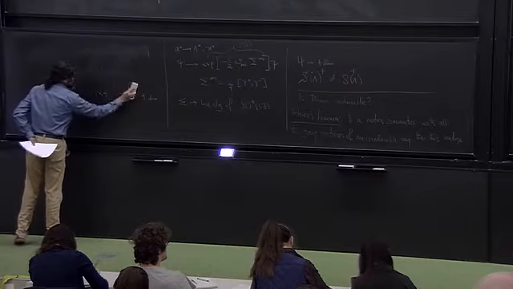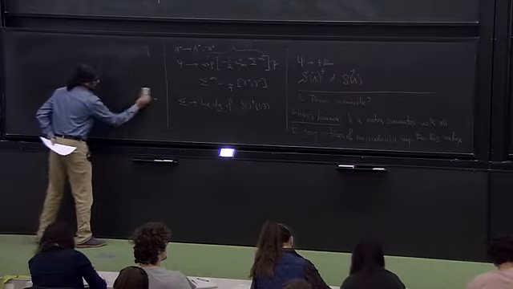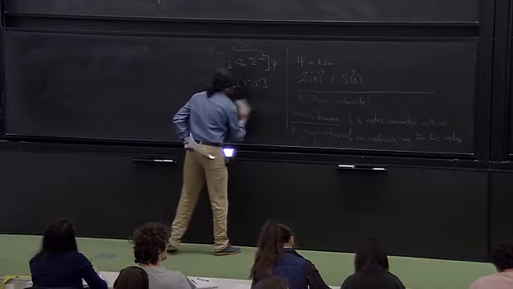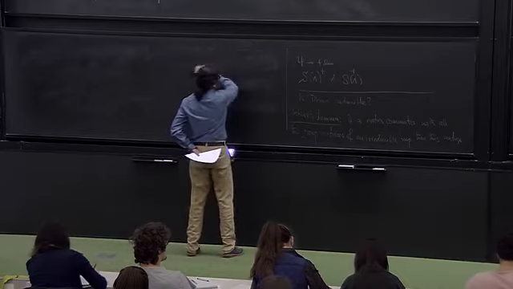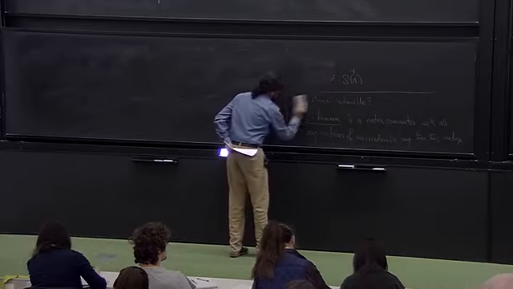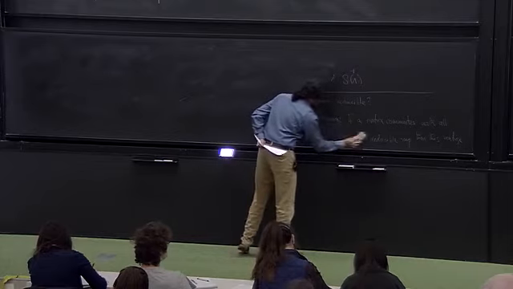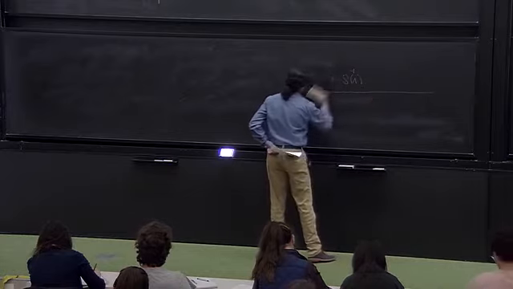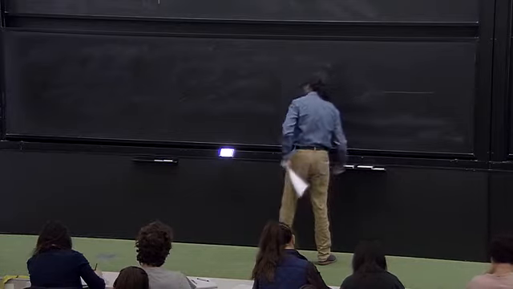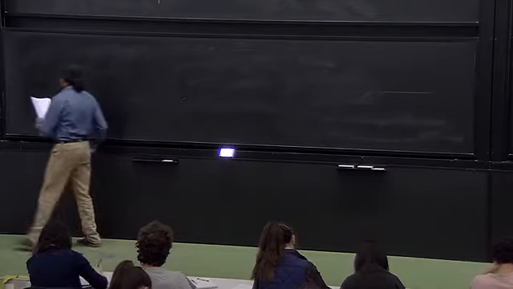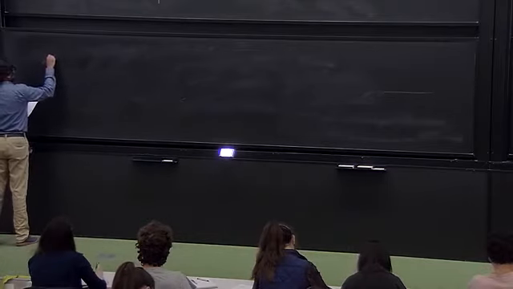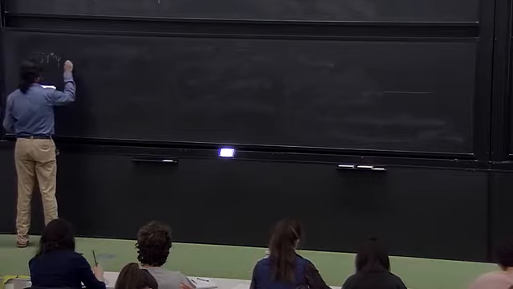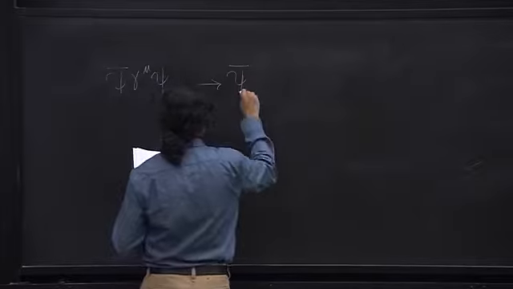So what is this guy good for? It's good for a lot of things. But right now it's good for showing that you can construct a vector out of spinors. So if you now take psi bar gamma mu of psi and do a Lorentz transformation, then we would get this